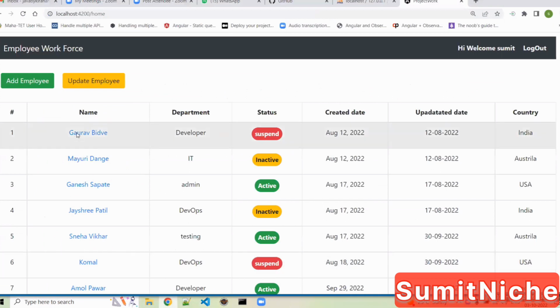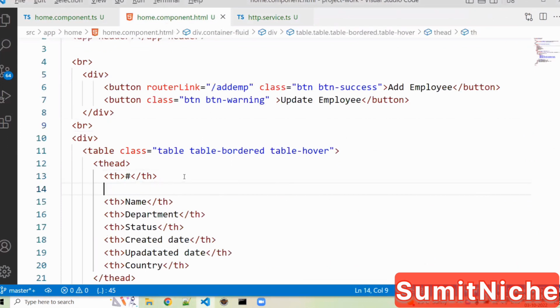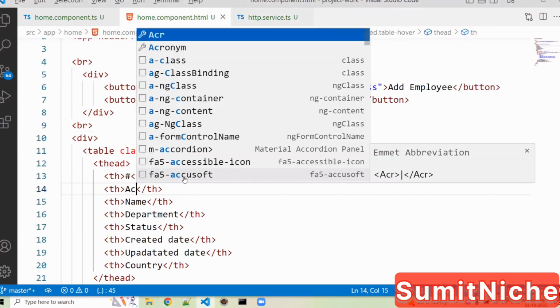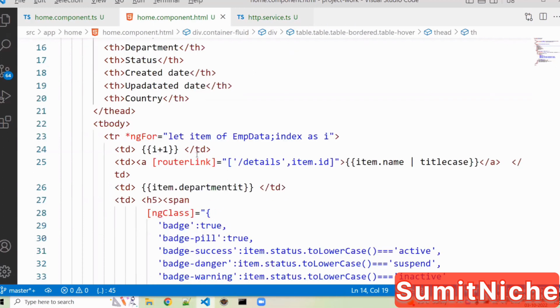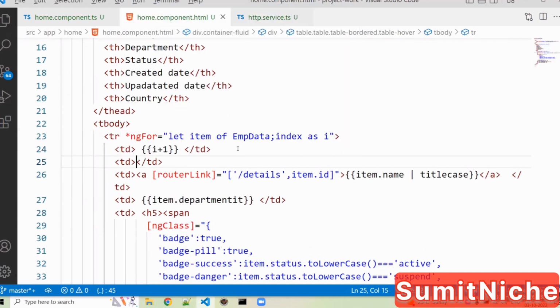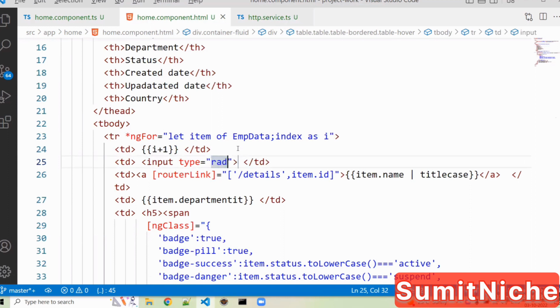Now I have to create one more radio button in that table. For that I create one header as well, and you can mention Action, whatever action you have to perform. So make it Action, and after the ID or i+1, that is the serial number, we create one more column here. In that column I can mention an input of type radio,